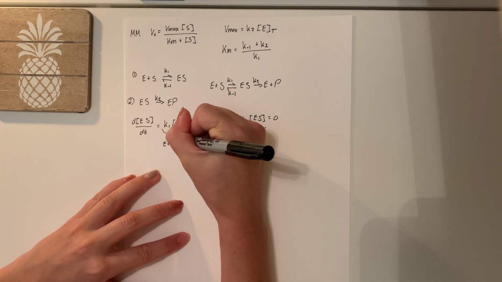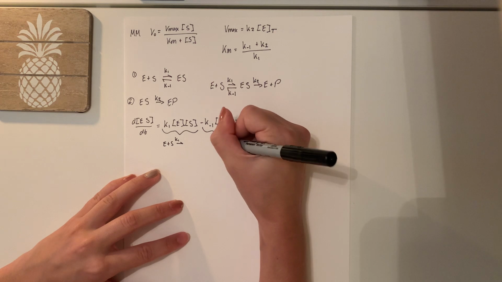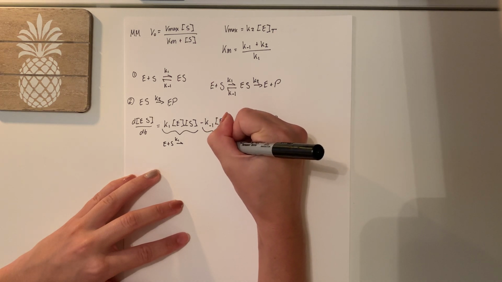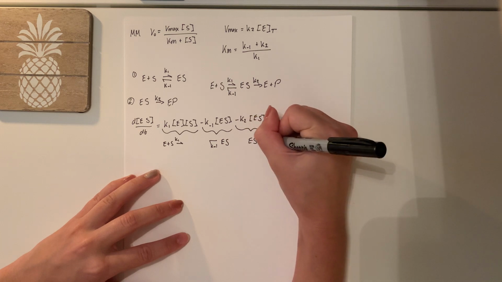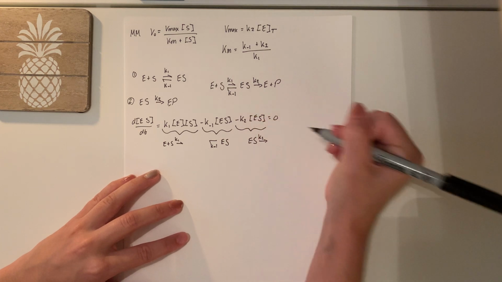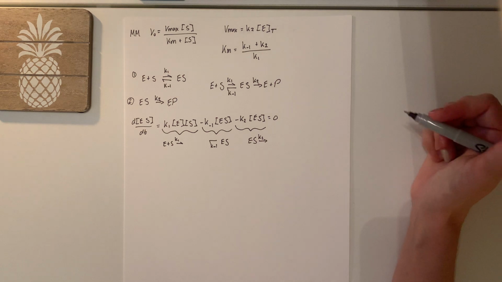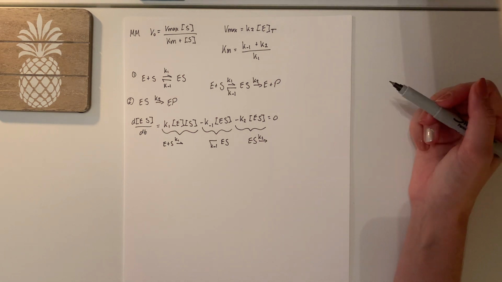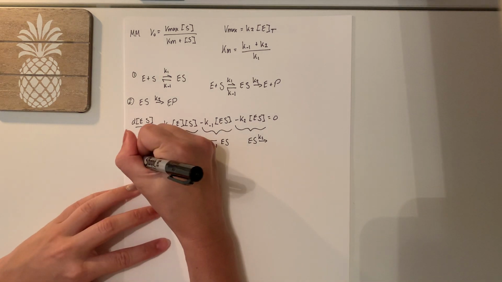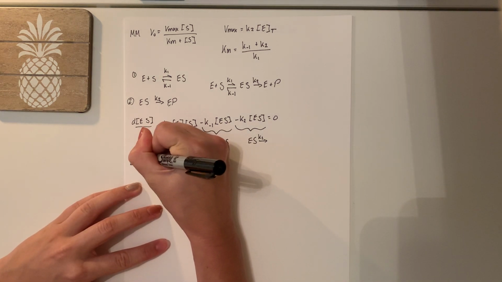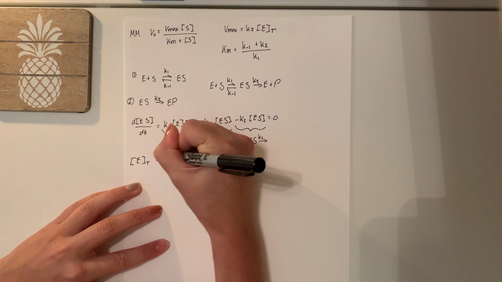This comes from that rate K1 and the backwards reaction. And here's taking into account that second step. So now we're going to focus on finding the value of unbound enzyme. So we'll use the equation E sub T